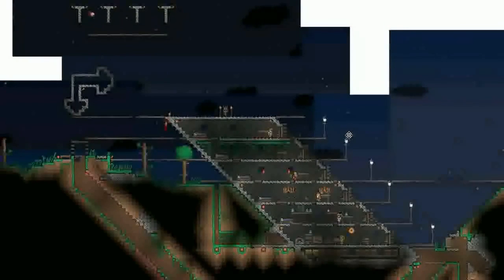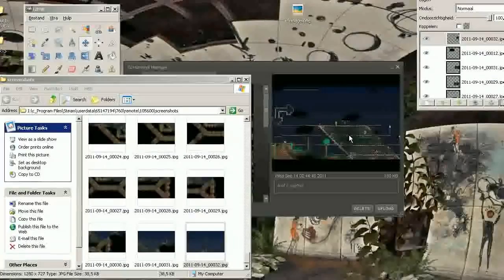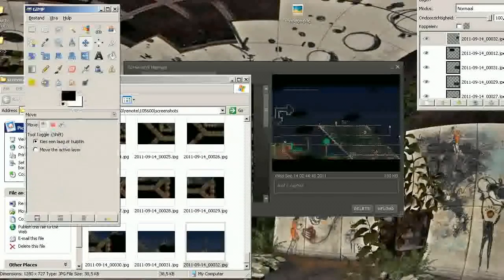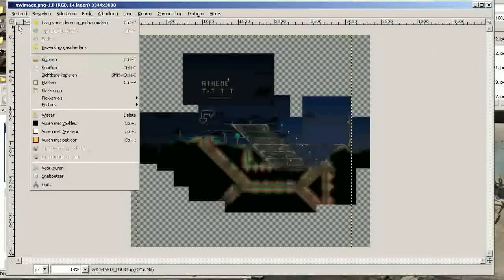Obviously, this would be the step to take a really good look, spot all the errors that you may or may not have made. Just adjust it in the GIMP window again. Other than that, what's pretty handy is that you can also just save it